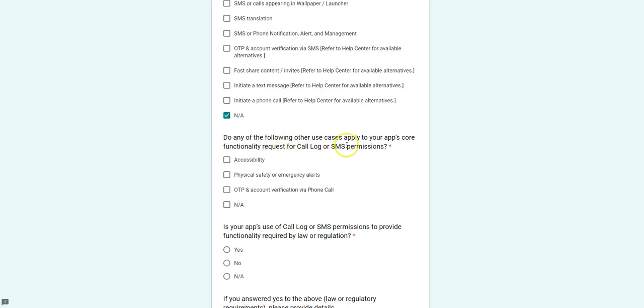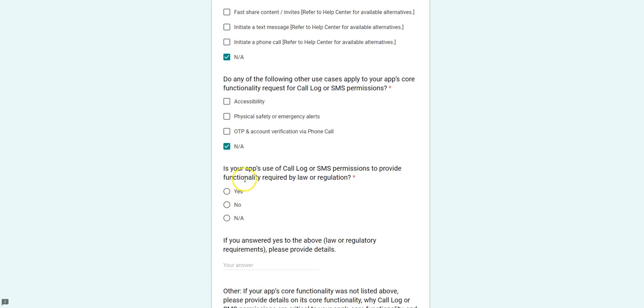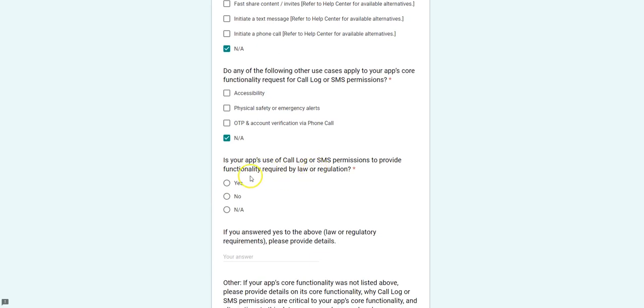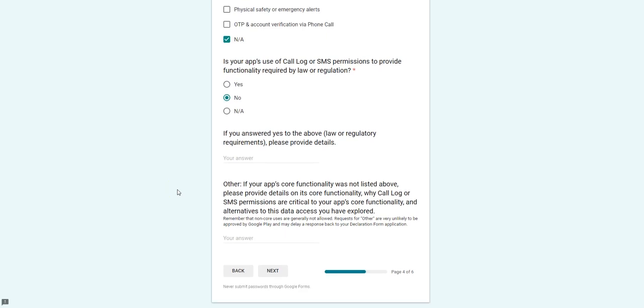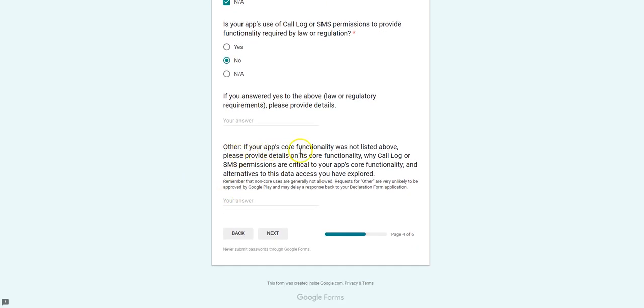Any of the following other use cases, core functionality? No, not the core functionality. Is your app's use of call log or SMS permissions to provide functionality required by law? No. If your app's core functionality is not listed above, please provide detail on its core functionality, why call log or SMS permissions are critical to your app's core functionality, and alternatives to this data access you have explored. Okay, so